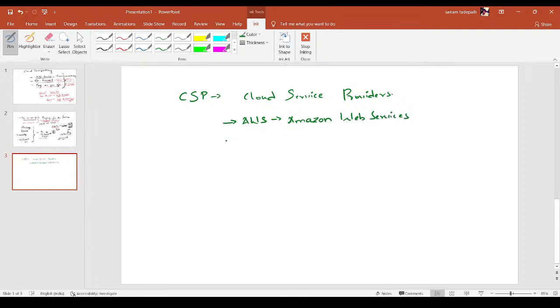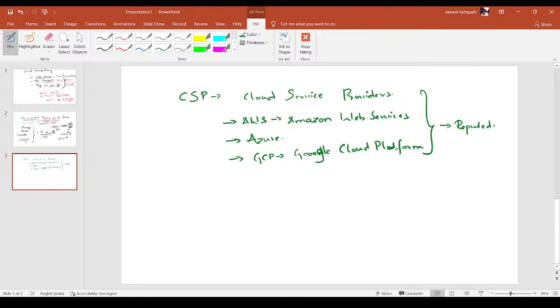And second one, Azure, which is from Microsoft. And third one, we all know that Google also has a cloud platform, that is GCP, Google Cloud Platform. So these three are some of the reputed